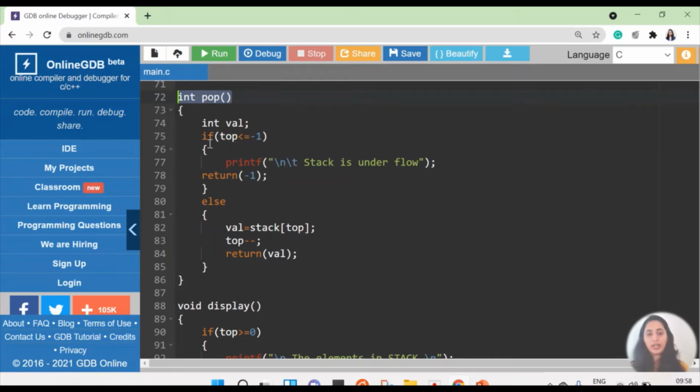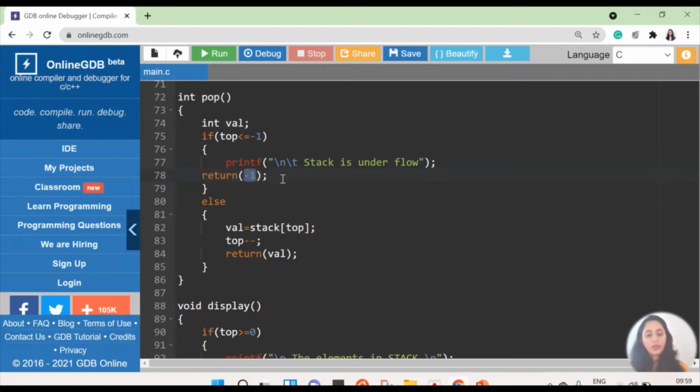So in my code, how should I consider that? You see this line, if top is equal to -1, or less than -1, that means the stack is empty, and I should give a message, the stack is underflow. That means you cannot delete from the stack, you cannot pop out from the stack, and I will not return any value to the user as he's expecting some answer. So in that case, I'm giving -1 as the answer. You can set any value, but I just consider it as -1. So whenever -1 is returned, I have to send a message that there is an error, you cannot pop out.